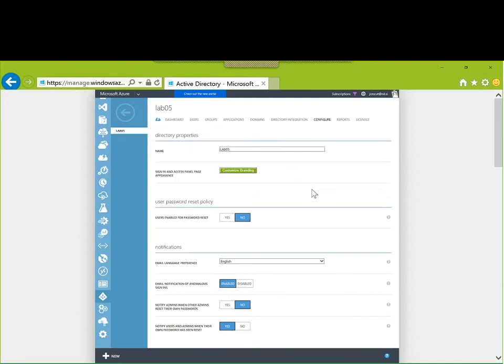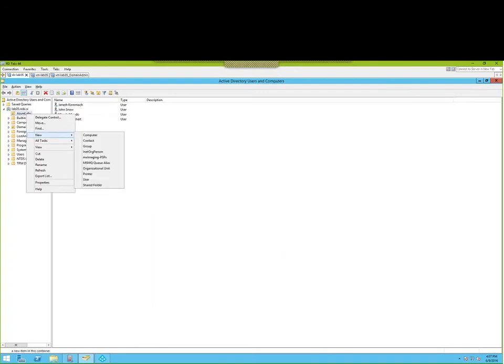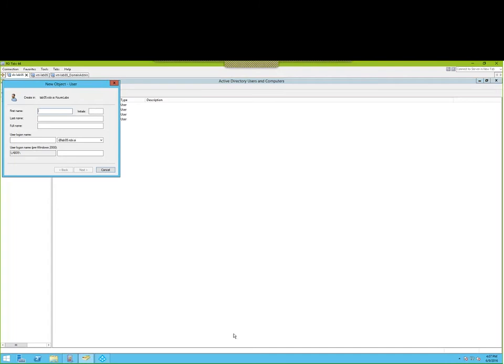Before we can reset a password for the user, we have to create the user in our on-prem Active Directory. Here I have a virtual machine that has Active Directory services installed, and I will simply create a new user inside Active Directory. I will give it a name. Let this be Mandy